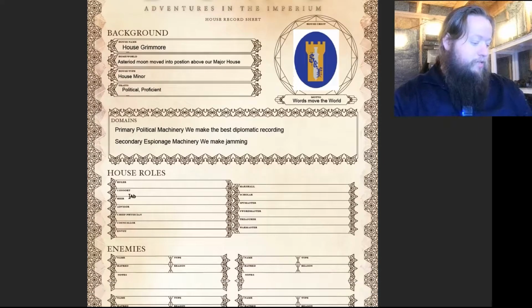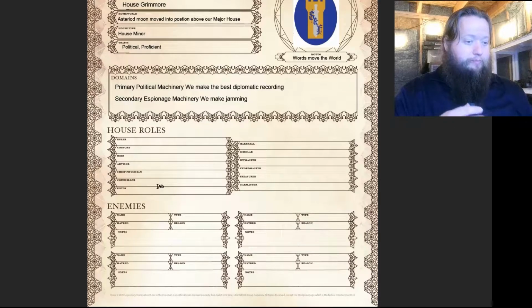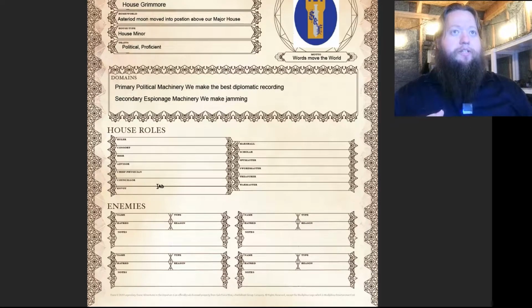All right, so now that we've got house traits picked out, you start getting into the roles. Now, when you're building a group, the players that you want to play with are not ones that...